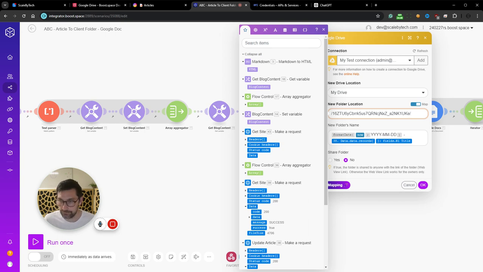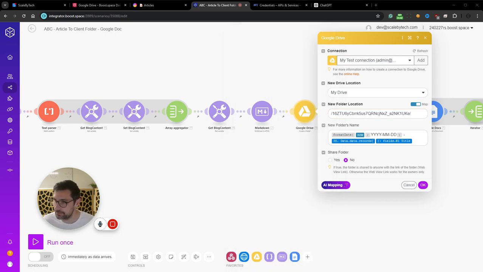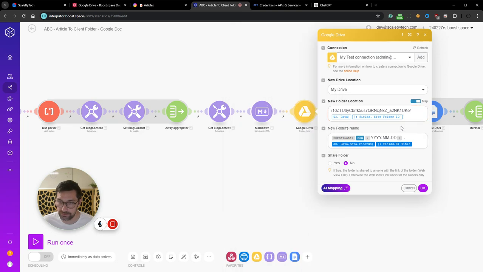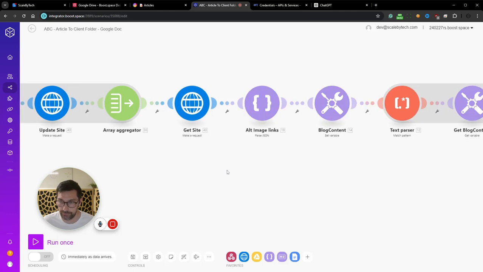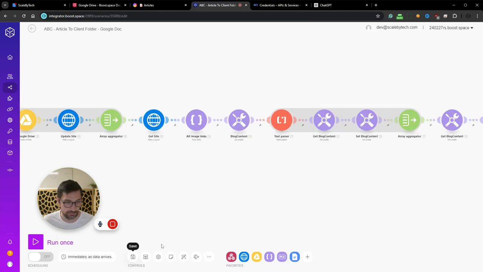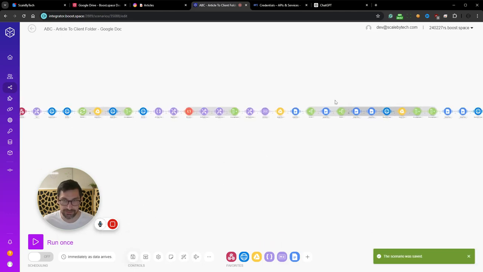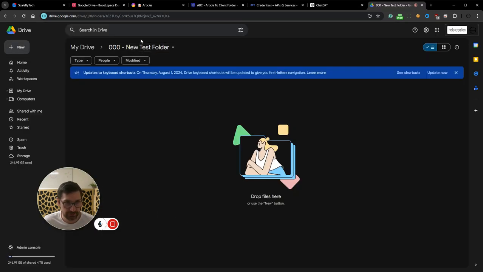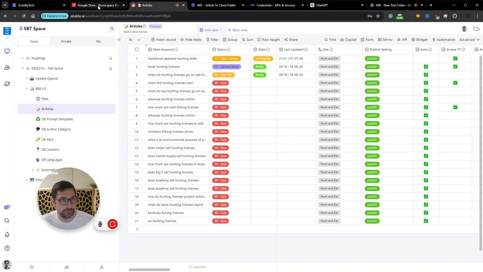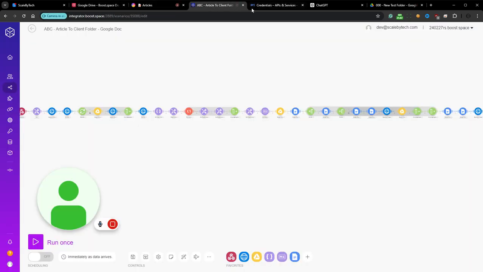Then we're gonna do a slash. There's probably a better way to do this. I just haven't found it. Then we'll go to that. Click OK. Awesome. Click save. So this is my test folder, which I just connected to